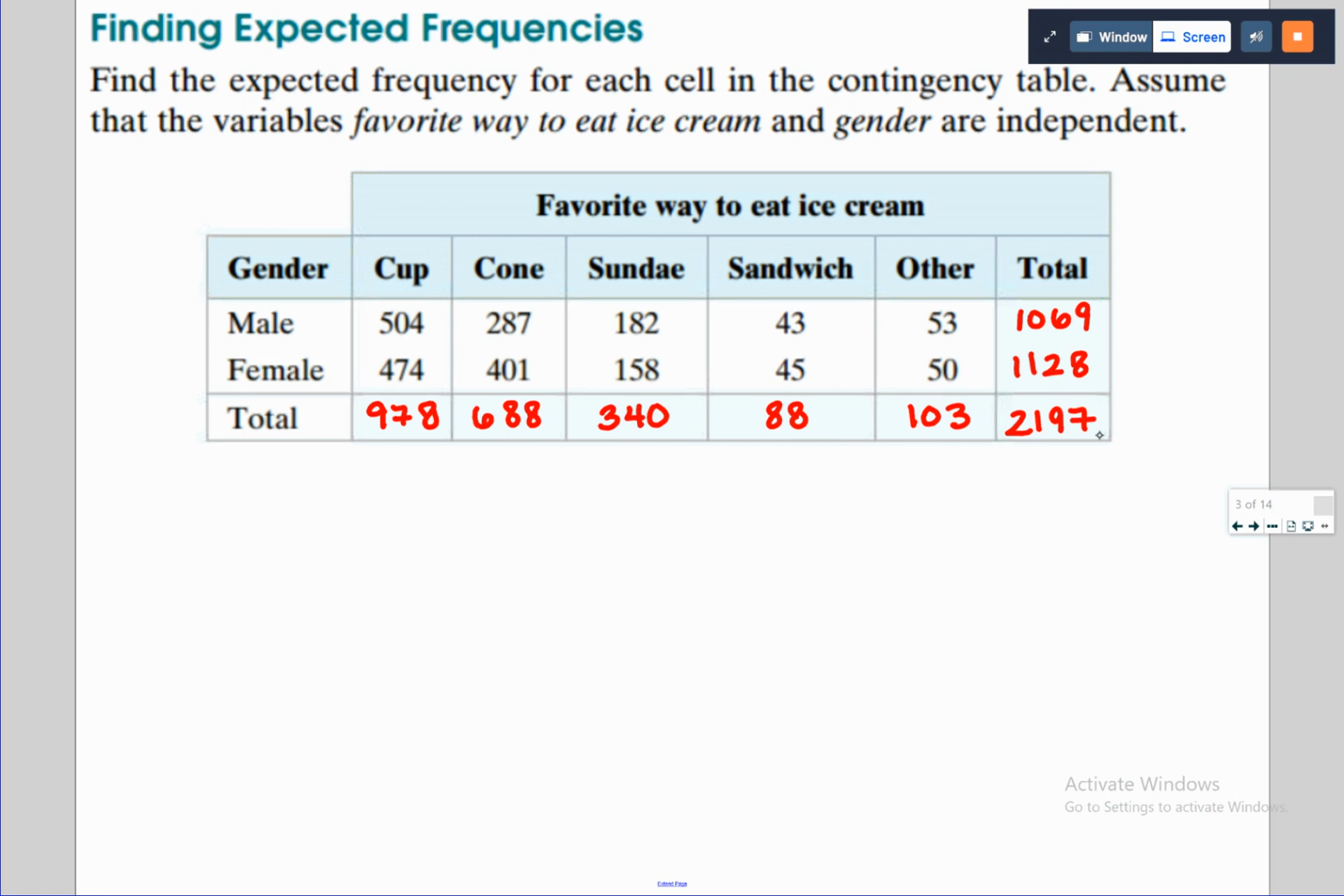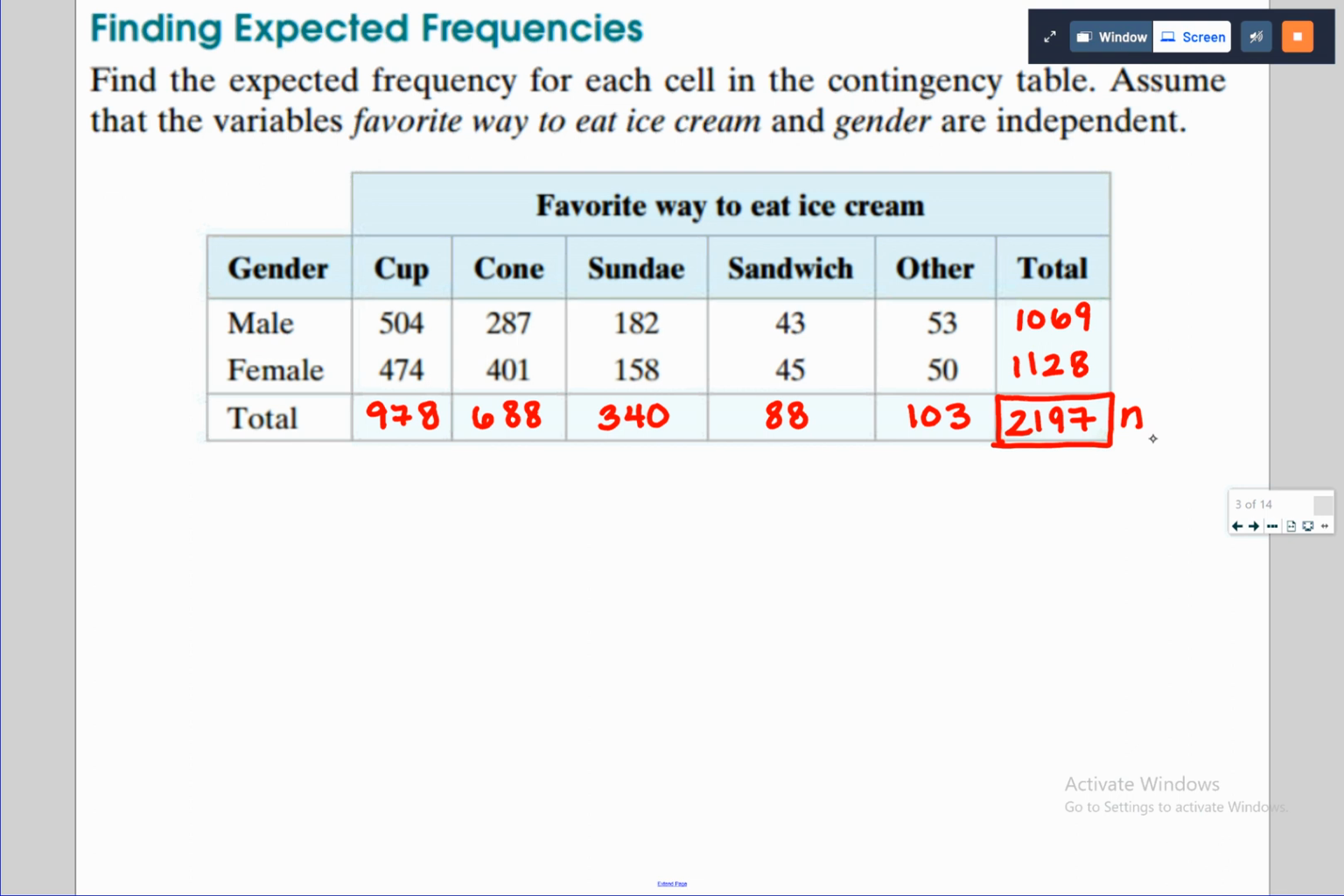I'm going to double check that the numbers across the bottom also add to 2,197. That's a check within the problem that I added everything up right, and they do. The totals of all the rows and all the columns should add to the same number. If they didn't, you'd want to go back and check that sum. So that's our n,